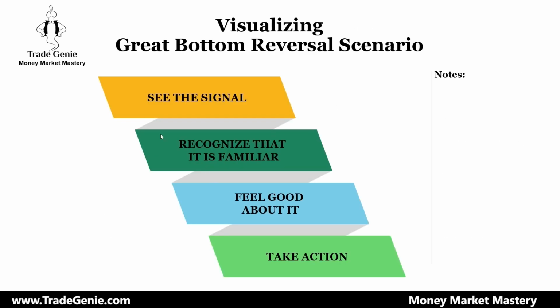The process is that you need to look for something new, and you have to recognize that signal. So you're putting too much pressure on yourself. Think about it. You close those three loser trades, you close that winner trade, break even, you feel good about it temporarily, only for that day. And the next day you're starting all over again and saying, okay, I need to find somebody where I see the signal, then I have to recognize it as familiar, then I have to wait to feel good about it, then I have to go through all the decisions, how much I need to buy,